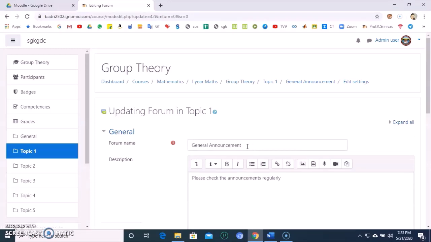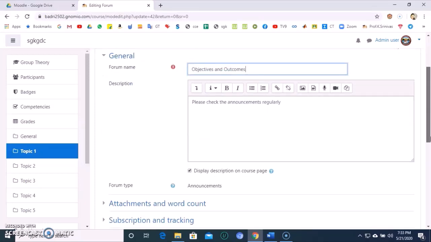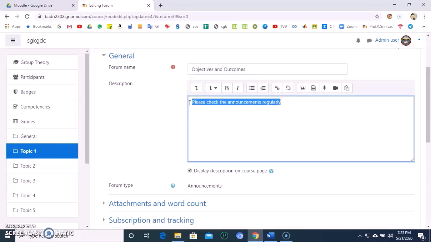So what is this? These are objectives and outcomes. Say, give that as a name and describe it. Give completely the objectives and details.